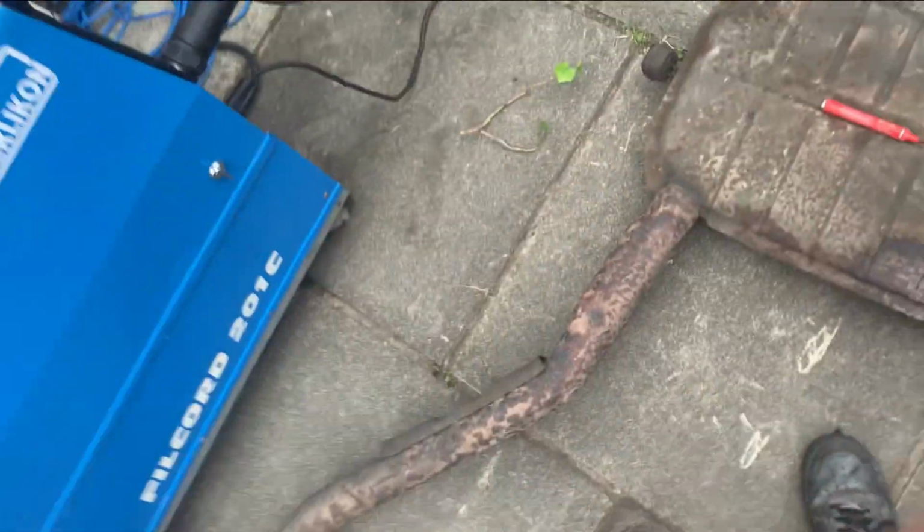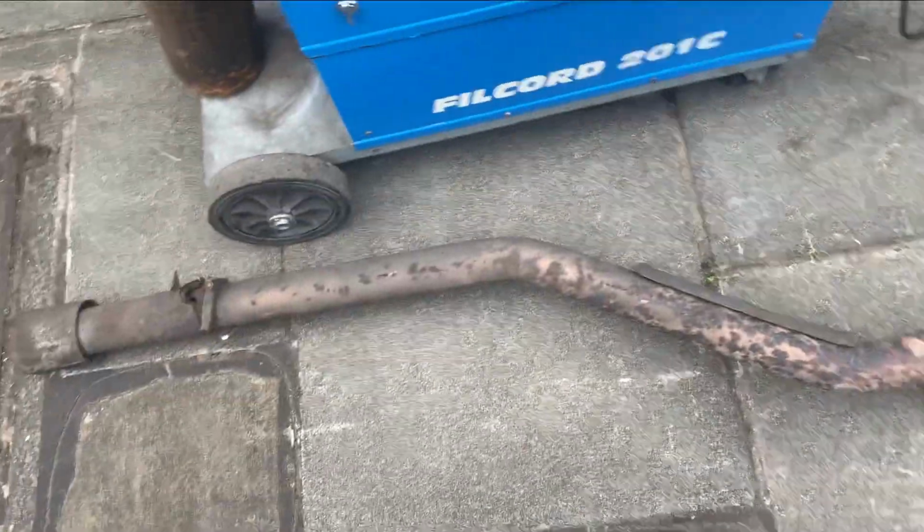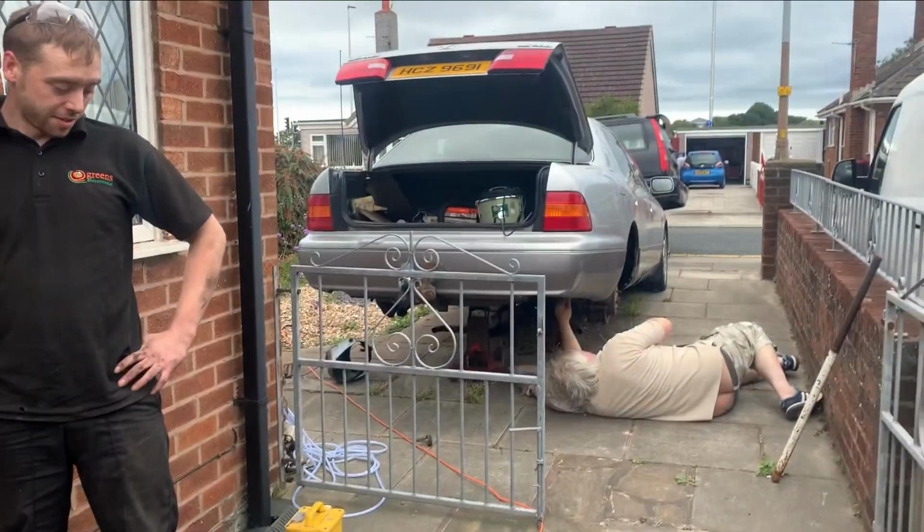YouTube. So today, I've already started doing it, but I'm sorting my exhaust out, getting rid of the silencer and putting a back box on this, and there's a professional welder